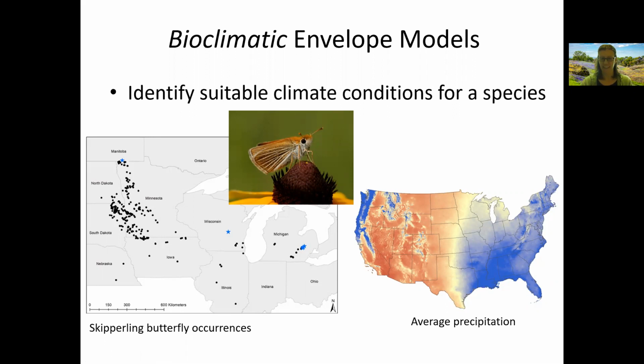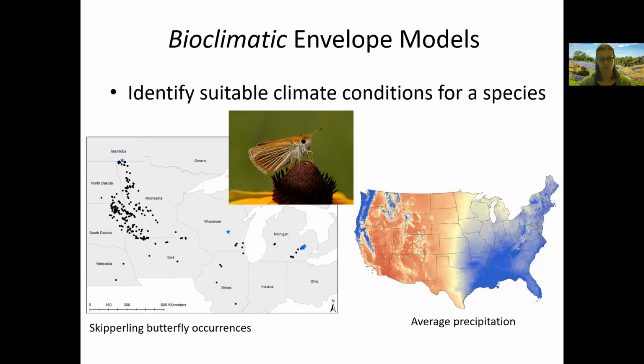All right, so second half of a lecture on habitat modeling is specifically talking about models that involve climate. Another term for this is bioclimatic envelope models. These are also called species distribution models, sometimes just climate envelope models, lots of different terms out there for this type of approach. But essentially, the idea is we're trying to understand the climate conditions spatially where a species can